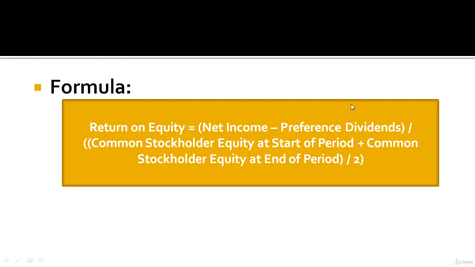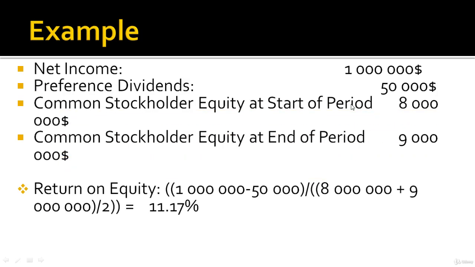So for the formula, as we see, you have to take the net income minus preference dividends, all divided by the common stockholder equity at the start of period plus common stockholder equity at the end of period, divided by 2, to finally find the return on equity. So let's take an example. In this one, we have 1 million of net income, preference dividends of 15,000, common stockholder equity at the start of period 8 million and 9 million at the end of period. So the return on equity will be